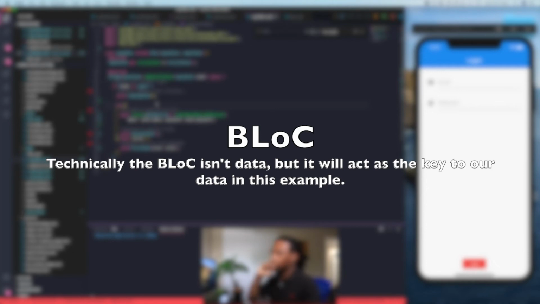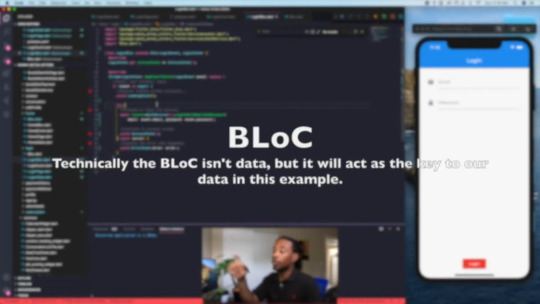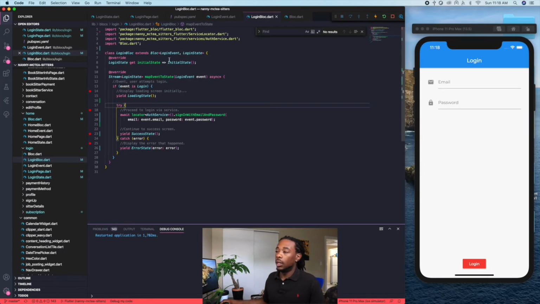And last but not least, the most important part of the BLoC design pattern, the login bloc. So this overrides two methods, right? It has an initial state method, which is pretty much the first state of the app, and that's going to be our initial state. And then we have a method called map event to state, and it's an asynchronous function